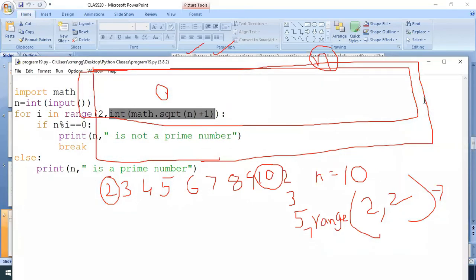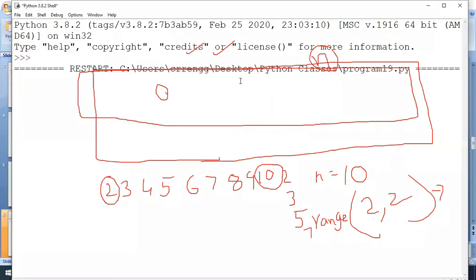If I give range of 2 comma 11, what does it return? It returns 2, 3, 4, 5, 6, up to 10.